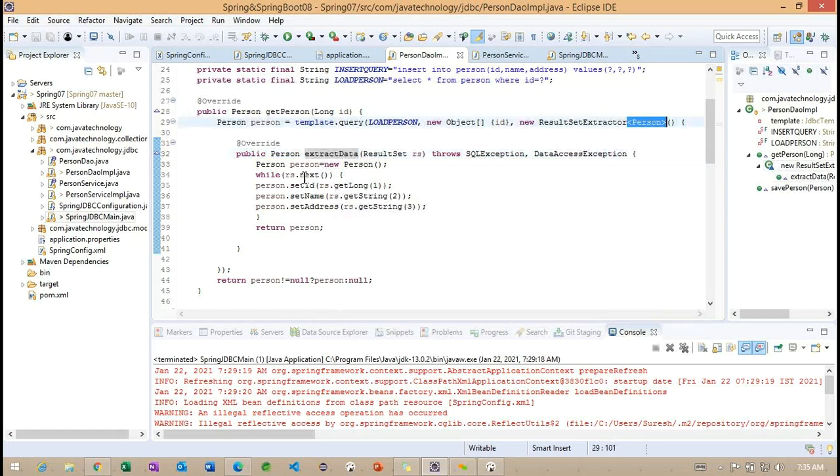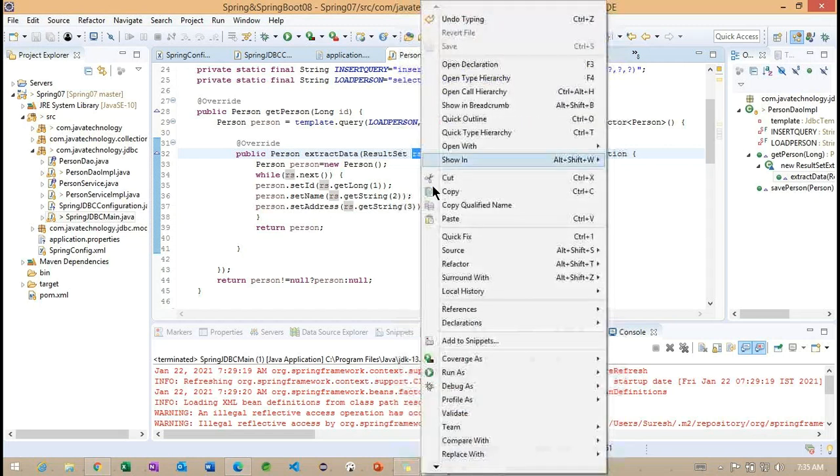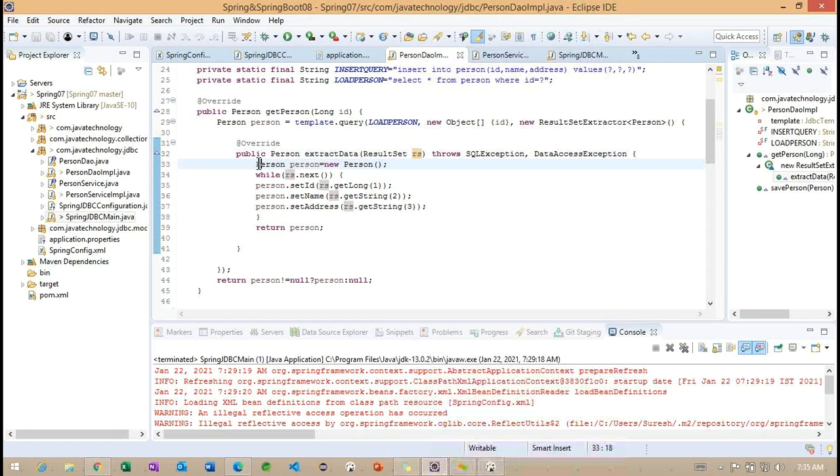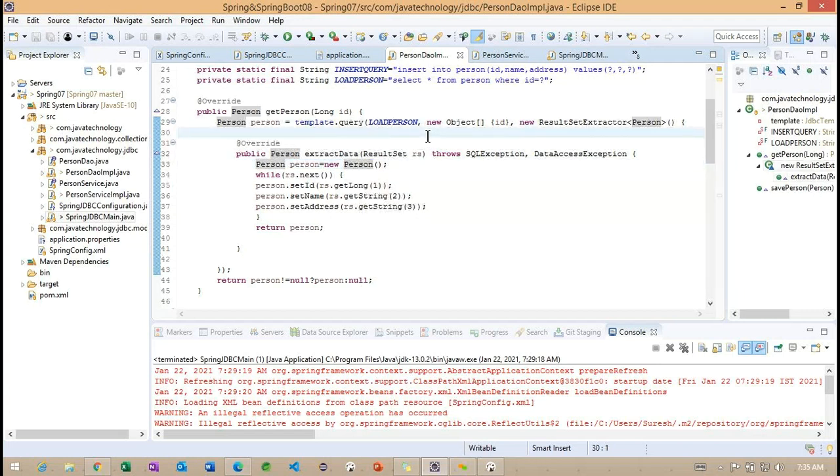The object type is specified as person. That's the reason we are returning the person. But make sure that when we are working, we get data as a result set object, not a person object. From the result set, we convert. Getting the point? Yeah.